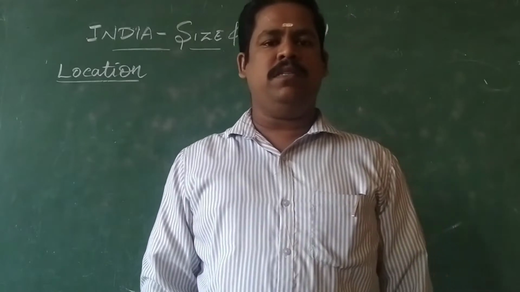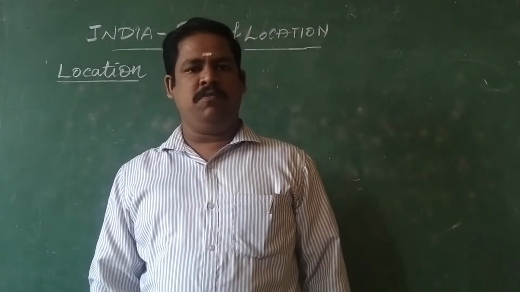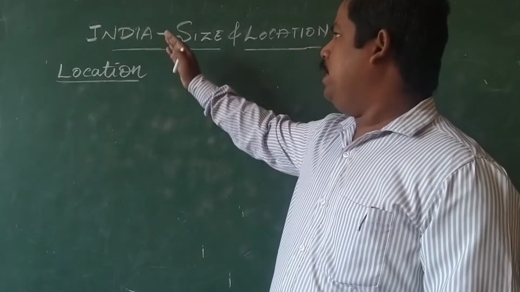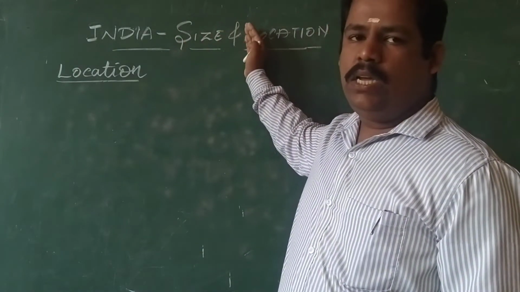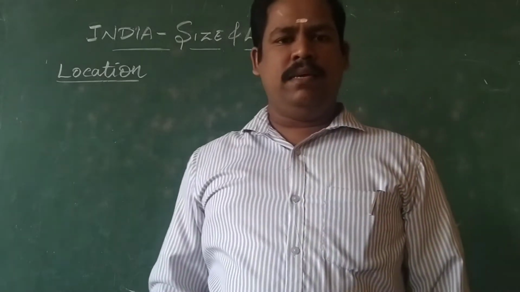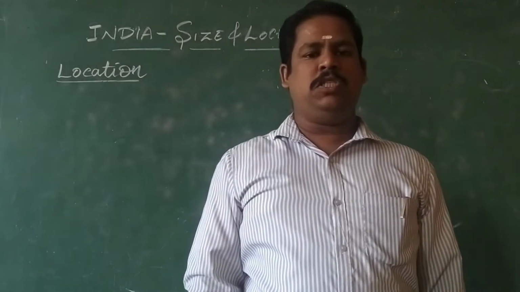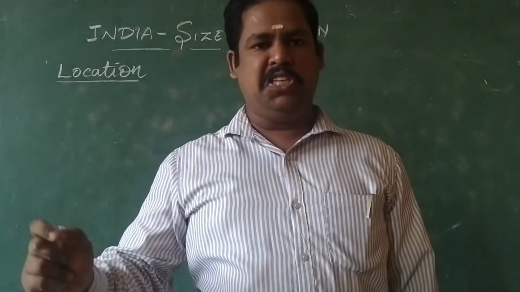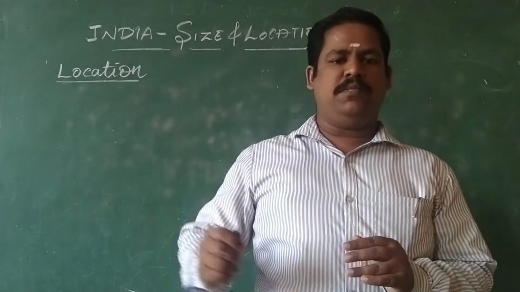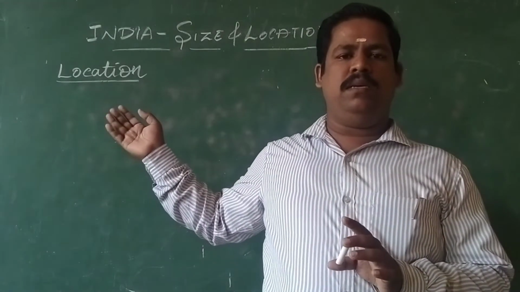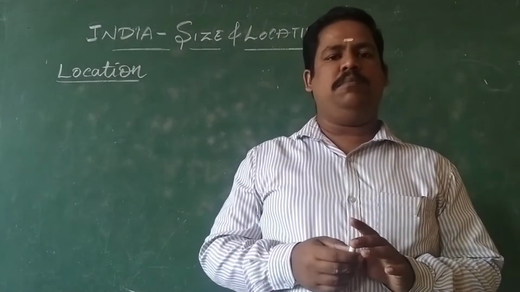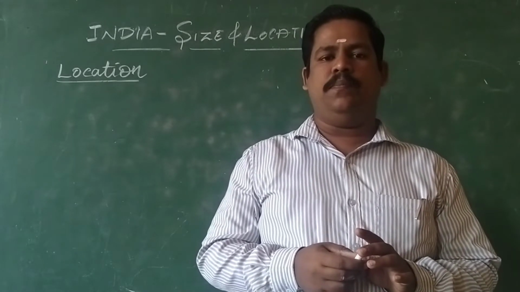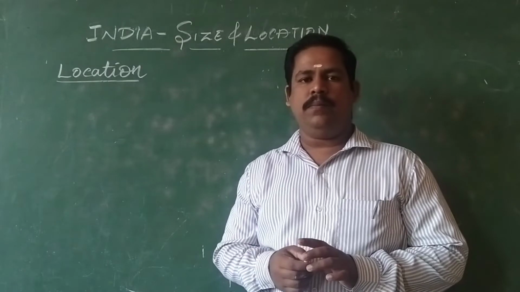Today we are going to deal with the first chapter of geography of class 9 CBSE. The chapter name is India, Size and Location. The same chapter has been added to the various state syllabuses, like Karnataka and Andhra Pradesh, with different names such as India, position and extent. So the same video will be useful for ninth class of CBSE as well as 10th class of various state syllabus schools. So let us come back to the topic.